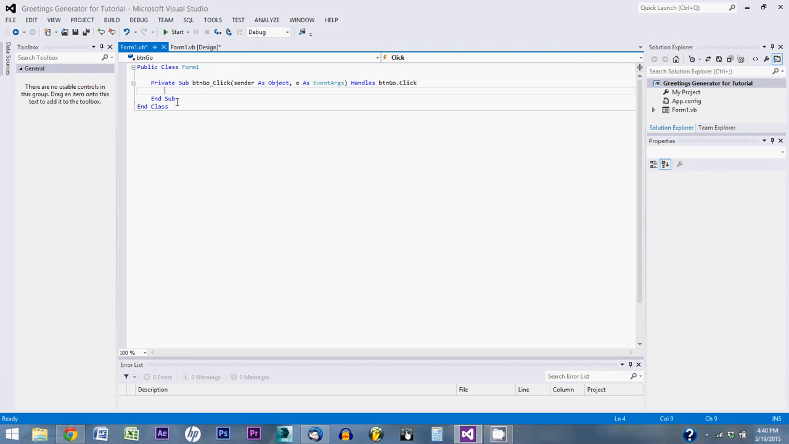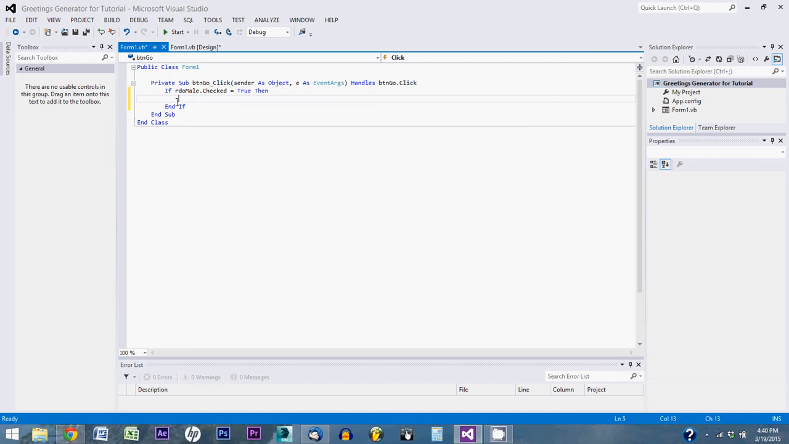If you're getting confused on what I'm saying, don't worry. I will type it out and you'll be able to see what's going on in just a second. So I'm going to start off by saying if RDO male dot checked equals true, then. Also, we want this to say and RDO child dot checked equals true. So what this is saying is if radio male button is checked, and you could also have an or here in other situations, but in this case we need an and, RDO child dot checked equals true, then we want